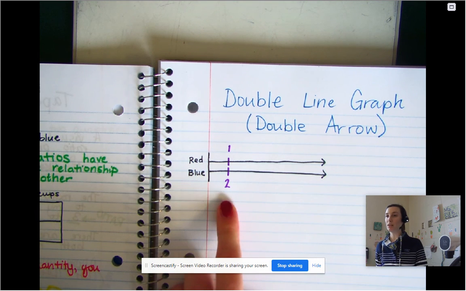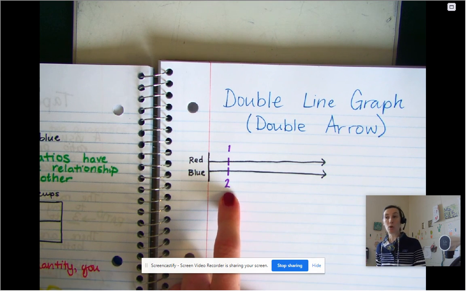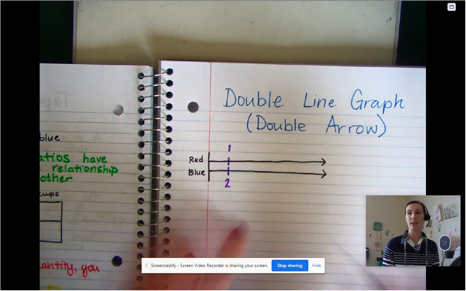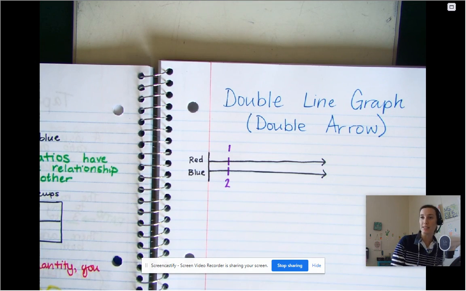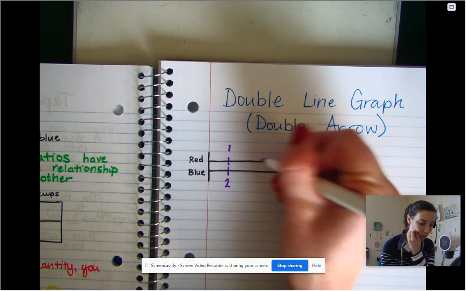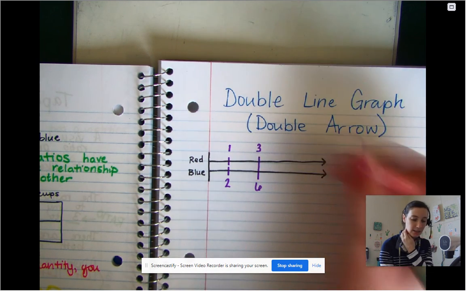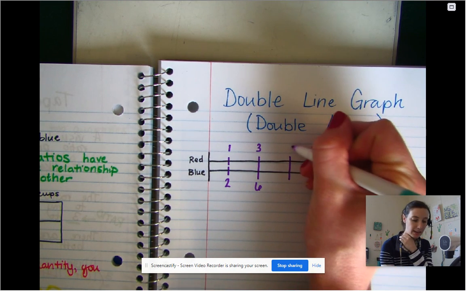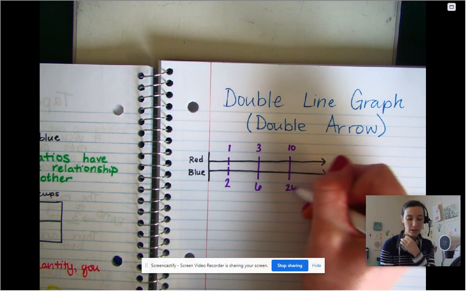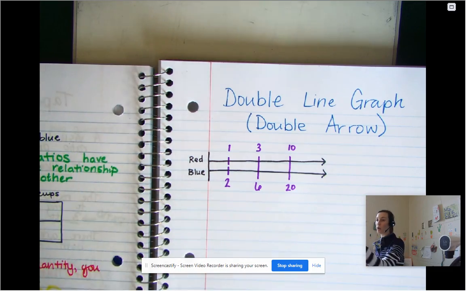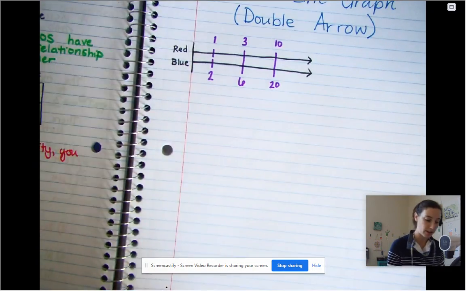Now, this is where it can be confusing for some people because it's more blue marbles, but it's in the same spot as one red marble. So this is showing us how different quantities progress. So another mark could be at 3 and 6. Another mark could be at 10 and 20, because it's just tracking these two quantities and how they would grow with each other. So like on our other example of lemonade,